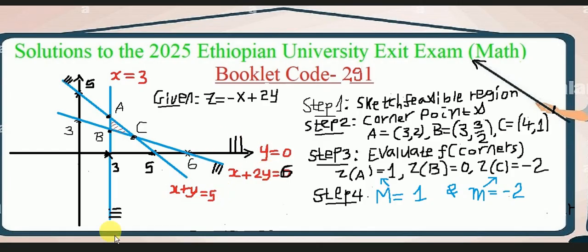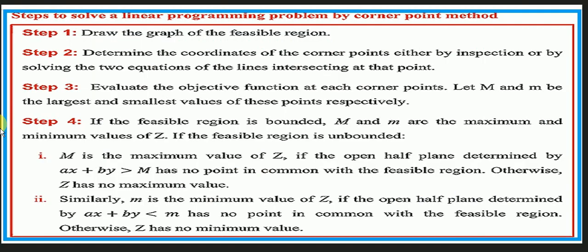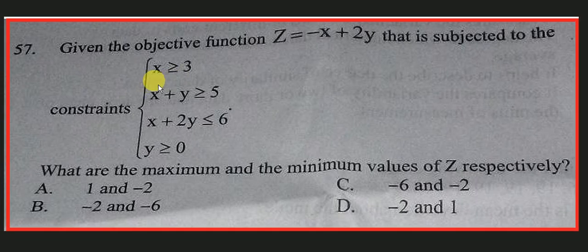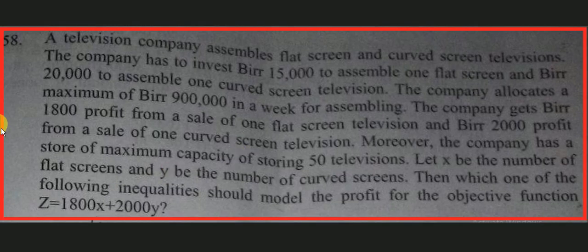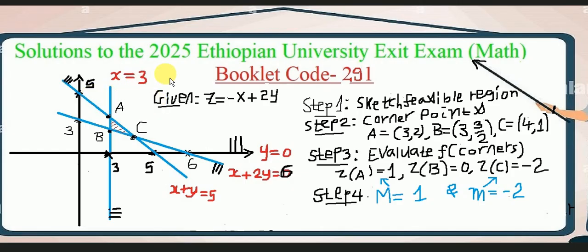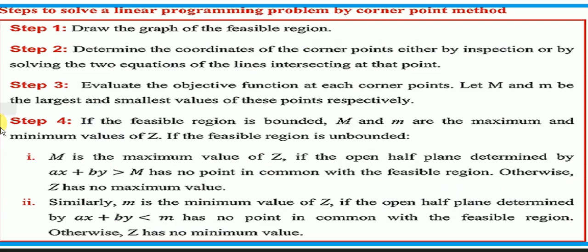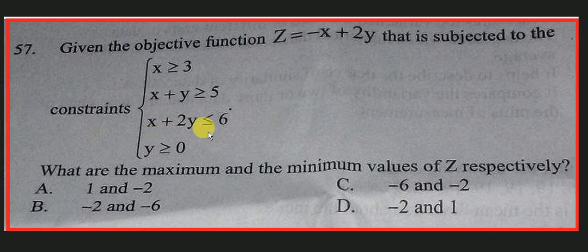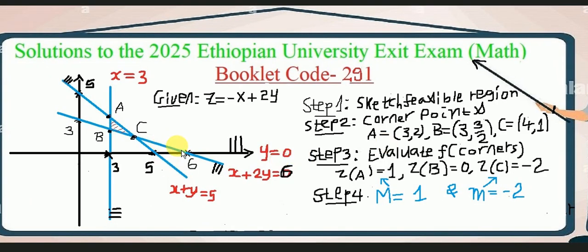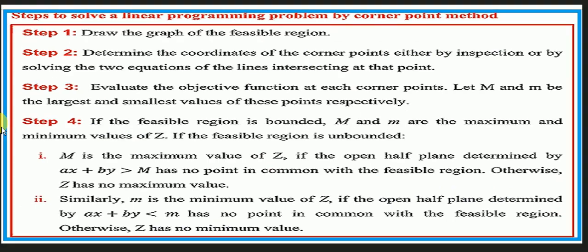ስናደርግ መጀመሪያ ኢንኢኳሊቲ ስኬች ለማድረግ ወደ ኢኩዌሽን መቀየር እንደሚያስፈልግ ማንንም ያውቃል. x is equal to 3, x plus y is equal to 5 ስኬች ሲደረጉ, ይሄ ነው x is equal to 3, ይሄ ነው x plus y is equal to 5, እቺ ናት. ሌላው ኮንስታንት x plus 2y is equal to 6 ይሆናል. ባውንደሪው ማለት ነው, ኮንስታንቱ ይሄ ነው ለዛ ነው equal to 6 ነው. ወደዚህ equal to ሲንቀይር x plus 2y is equal to 6 ስኬች ሲደረግ ይሄ ላይን ይሆናል. y is equal to 0 ነው y greater than equal